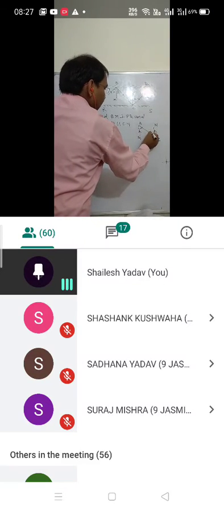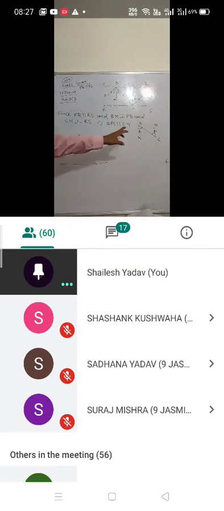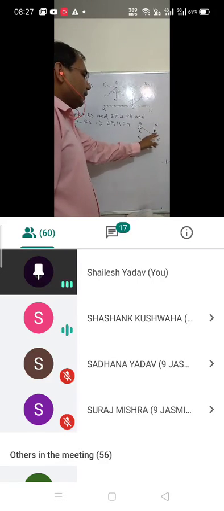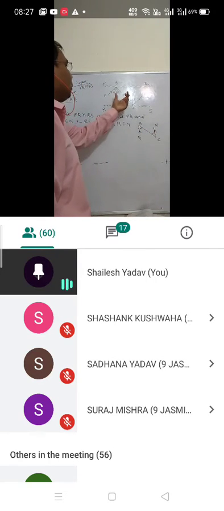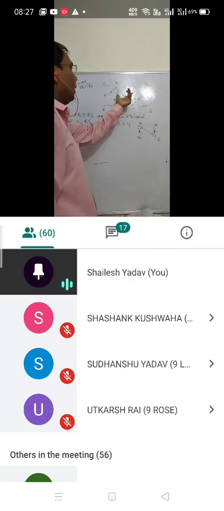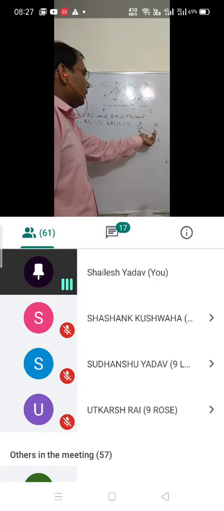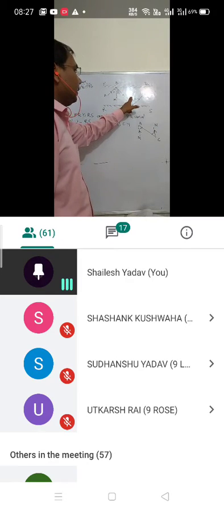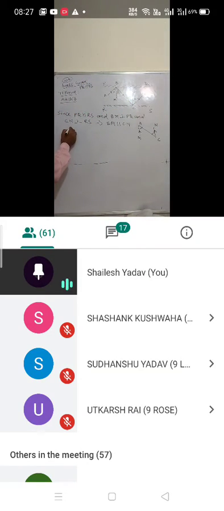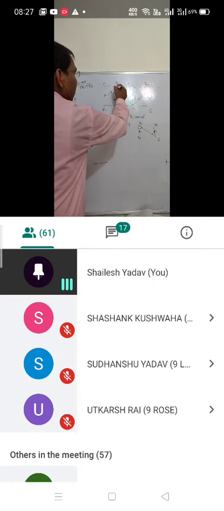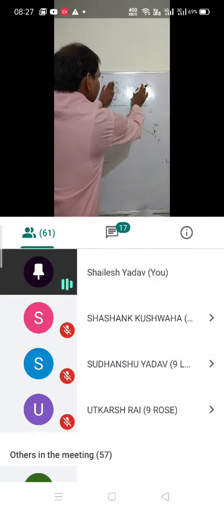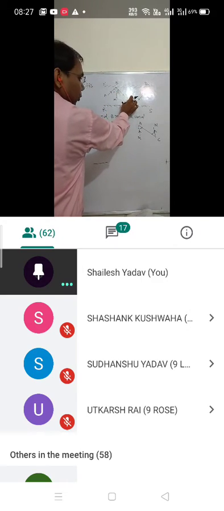So what are these two angles called? They are alternate angles. So if BM and CN are parallel and BC is intersecting, that is the transversal. So these are the alternate interior angles. So here you will get since BM parallel to CN, then A equal to B, alternate interior angles. So I got that angle A and angle B are equal. Reason is that since BM and CN are parallel, that's why A equal to B.